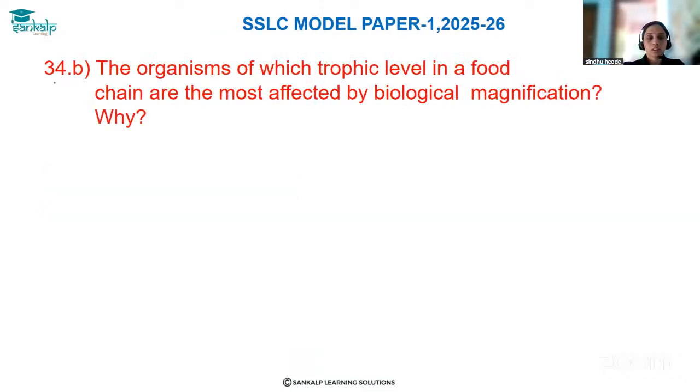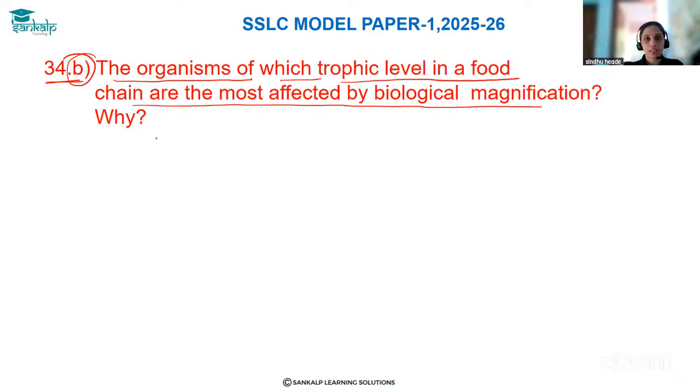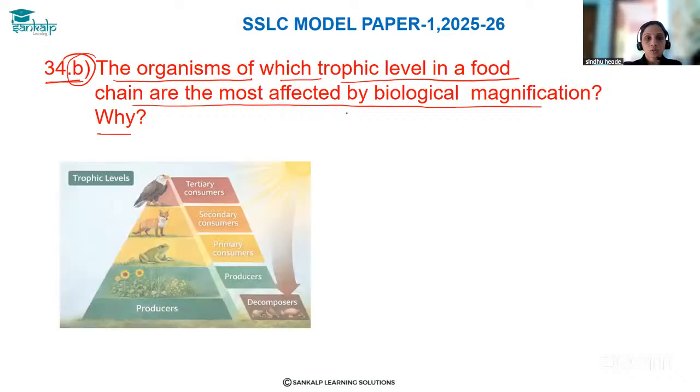Then question number 34, in part B: the organisms of which trophic level in a food chain are the most affected by biological magnification, and why? The organisms of which trophic level in a food chain are the most affected? So these are the different trophic levels in a food chain, right? See, it contains so many steps. In the basic or first step, the